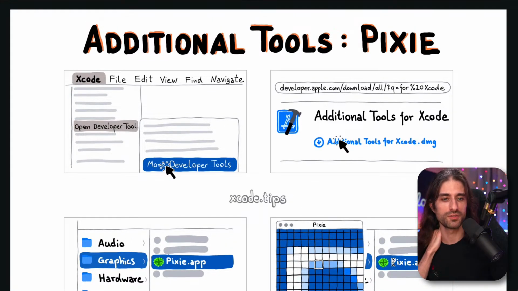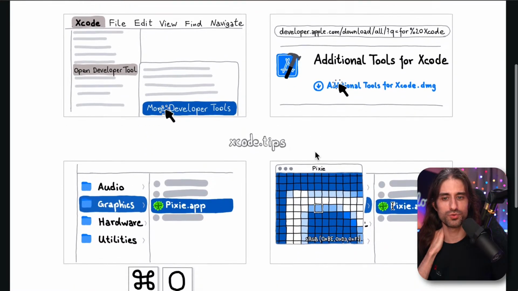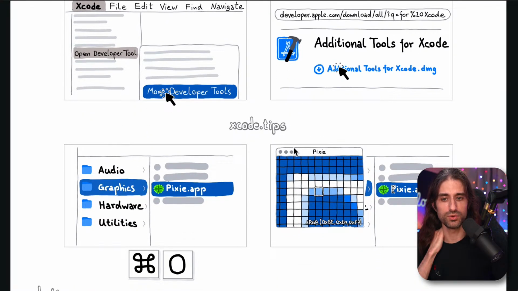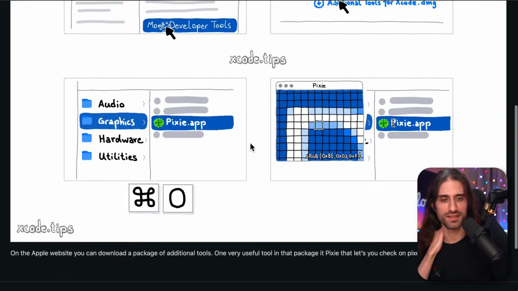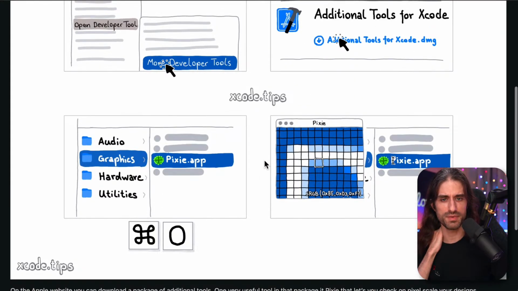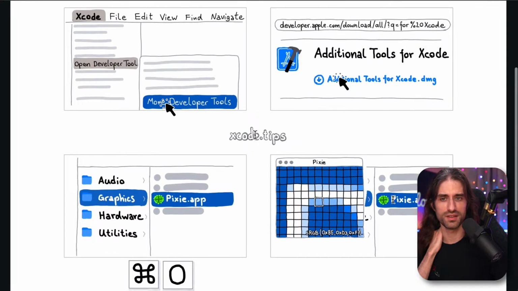I will, for obvious reasons, not try to download and install a package while I'm live. But this package of additional tools for Xcode is good to know. I didn't know about it, but if I have time, I will check it out. But it seems to be like the color picker. Yeah, I don't have many things to say about it because I've never used it before.